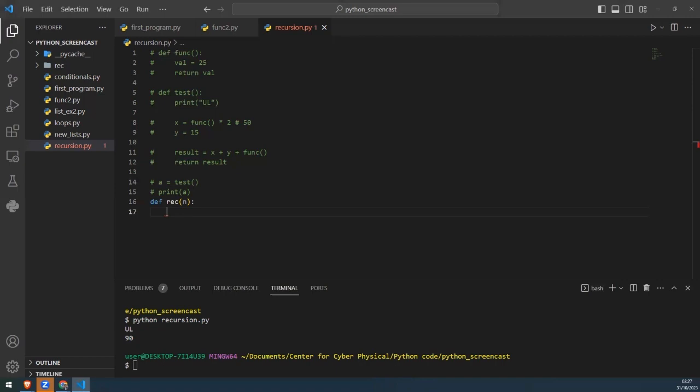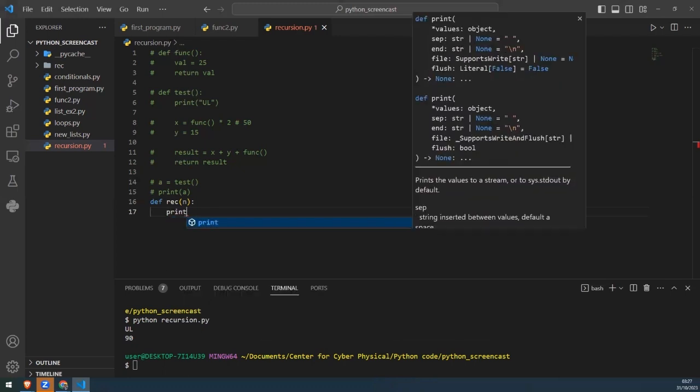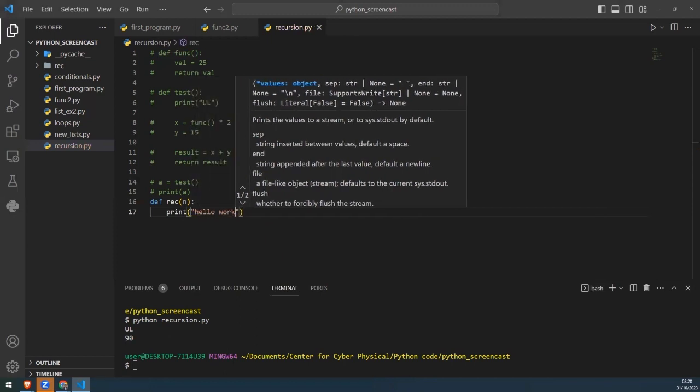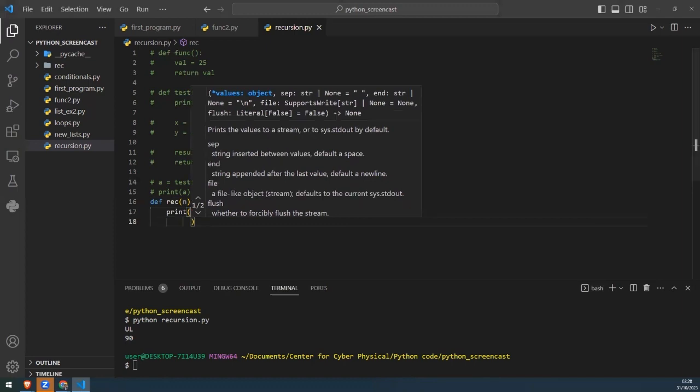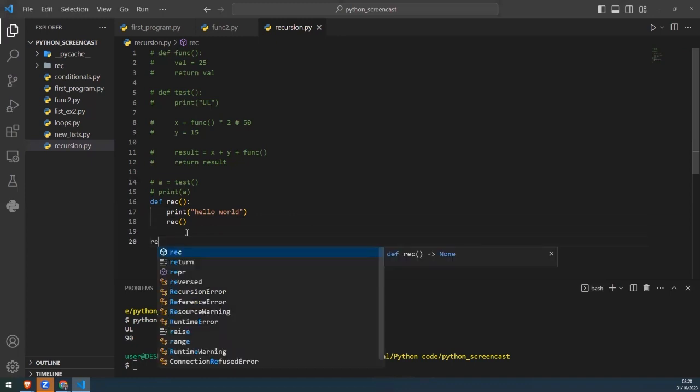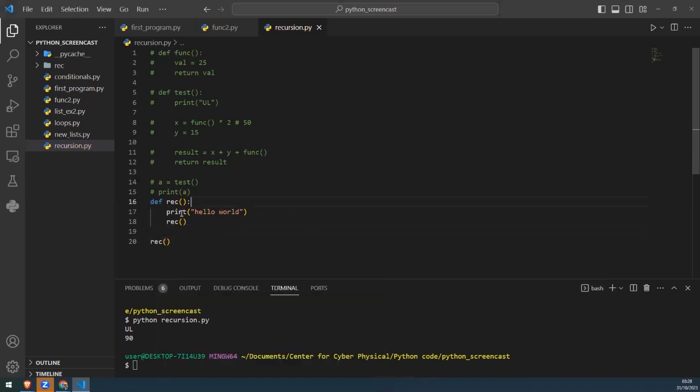Print hello world. You know? Let's say print hello world, and then we're going to say rec, right? So this is an example of a recursive function. I'm just going to remove this now, and so what's going to happen is this function, right? And if I invoke it here, when I call it, essentially, it should just print hello